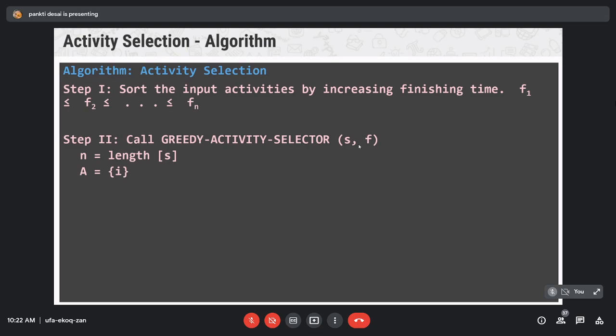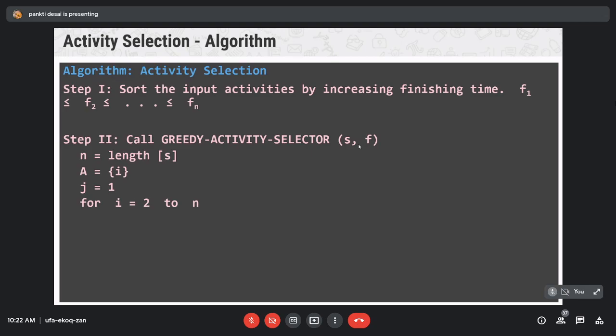Now next, initialize the j value: the current activity is denoted by A of j.